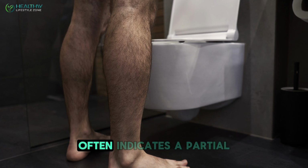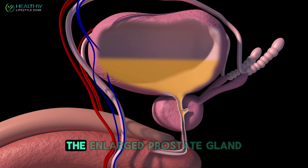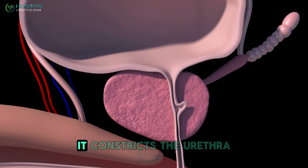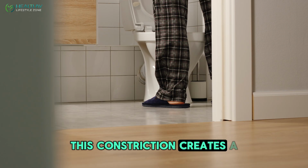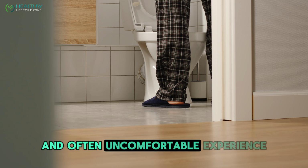This interruption often indicates a partial blockage in the urethra, the tube that carries urine out of your body. The enlarged prostate gland is the most common culprit behind this intermittent flow. As the prostate grows, it constricts the urethra, making it difficult for urine to pass through smoothly. This constriction creates a situation where the flow starts, then stops, then starts again, creating a frustrating and often uncomfortable